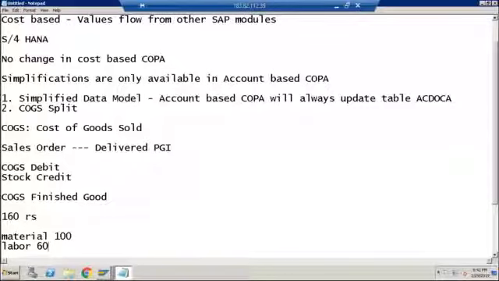Okay, so total cost of this finished good is 160, which is divided into material of 100 and then labor of 60. Now where exactly do we store this information? Any idea? In the SAP system, where do we get this information, like how much is the material and how much is the labor?